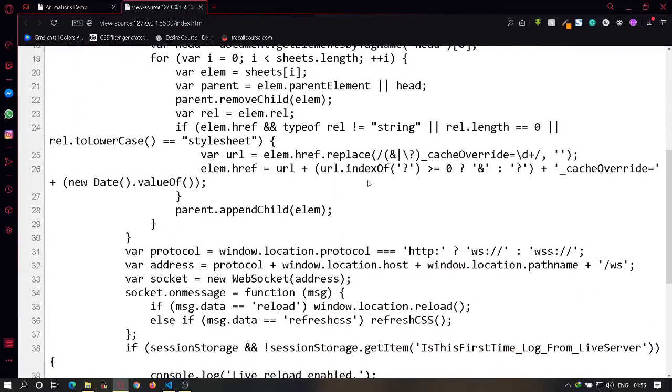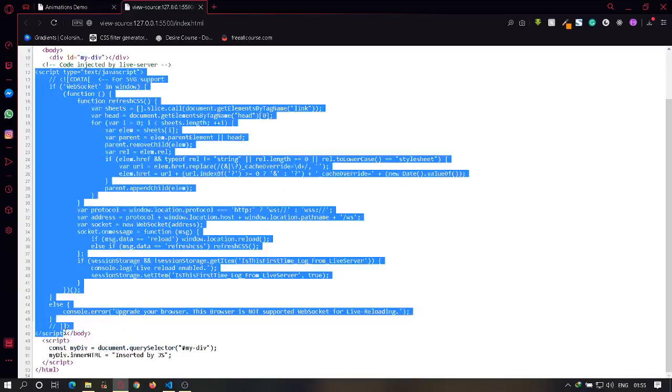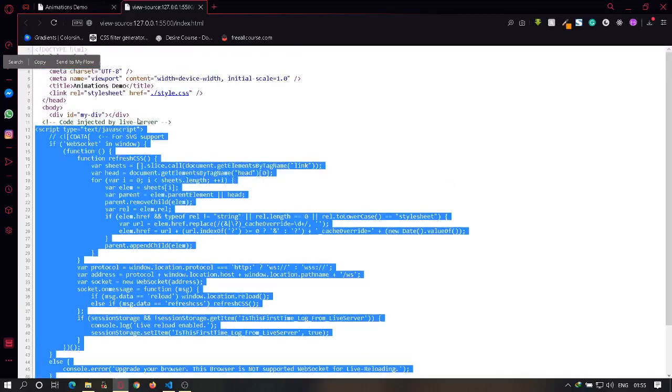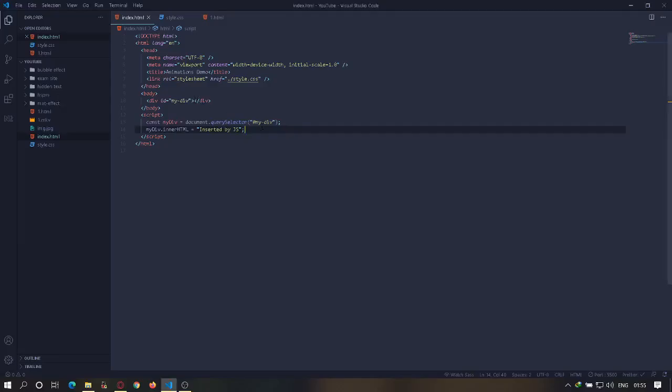But if I check my source code, by the way, I pressed Control U, and you can totally ignore all this script. It's been added by my live server, so you can just ignore it, right? But the point is that when I go to my source code, I don't see inserted by JS because that's not in the source code. I didn't write that in my HTML, right? It's totally empty. That's been added by JavaScript, and that's how you can dynamically add content in your HTML using JavaScript, right? So let's remove that,